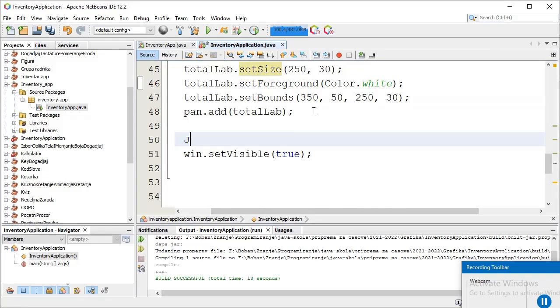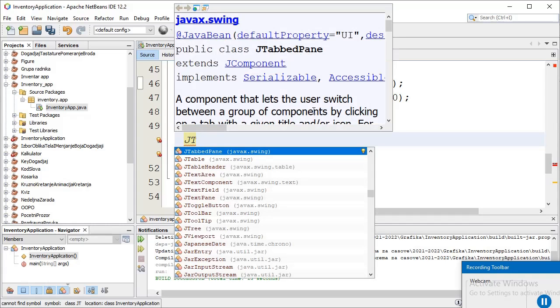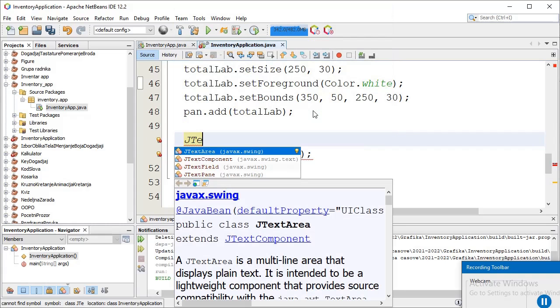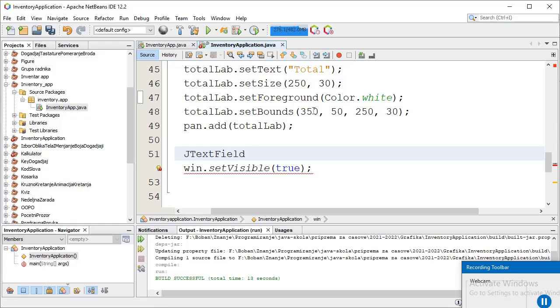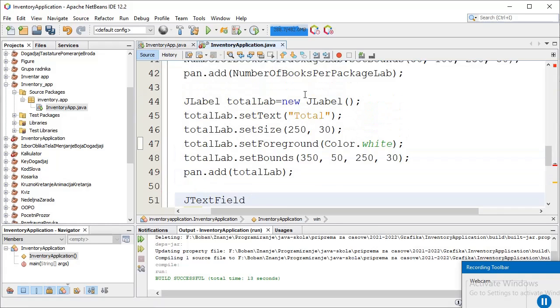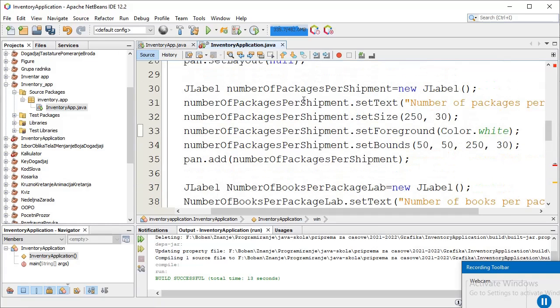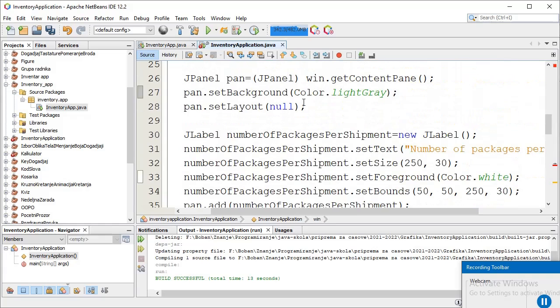The class is JTextField. The name of that JTextField should be similar to the corresponding JLabel.